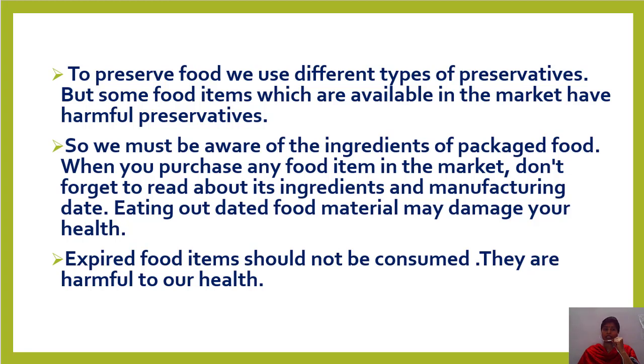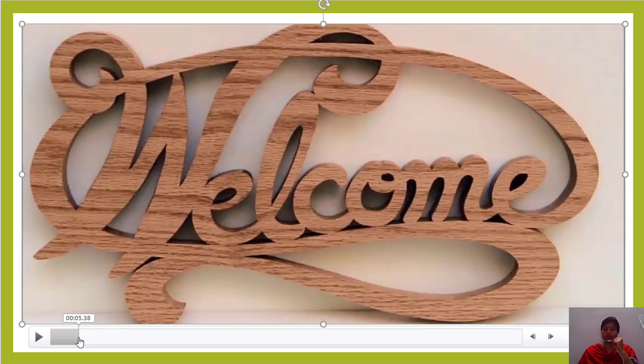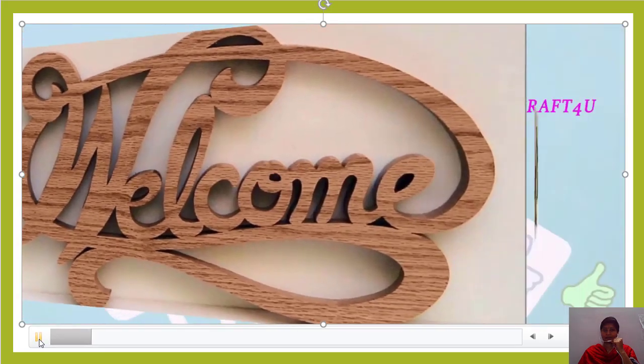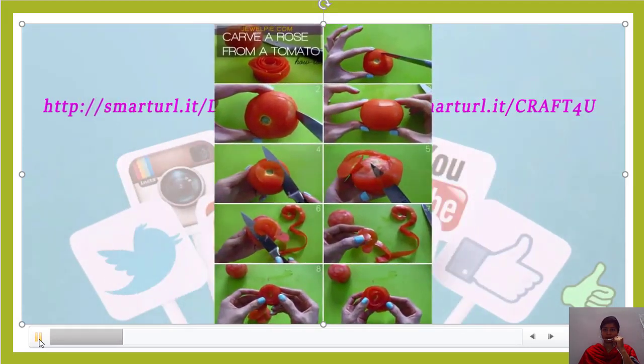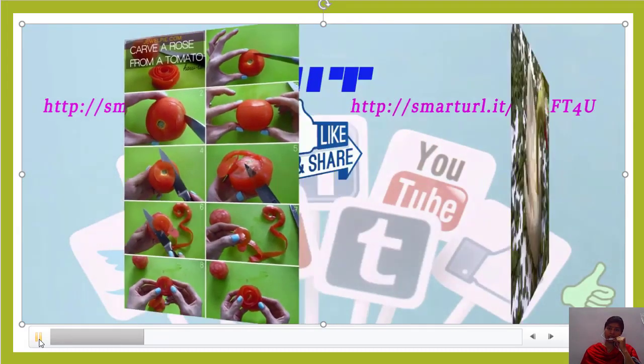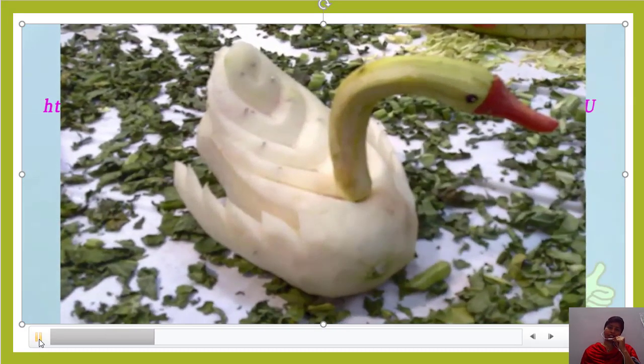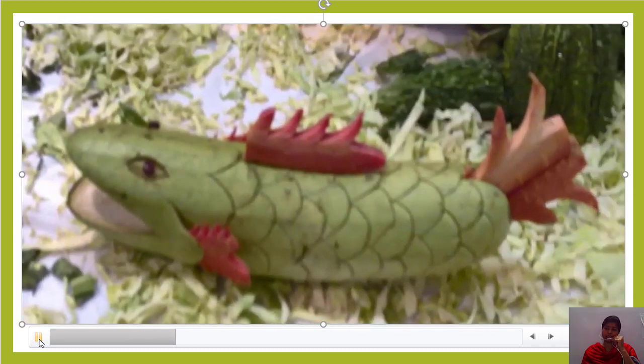Observe the videos carefully and try to make your own models. Observe what are the materials they use to make the penguins. Brinjals. By using tomato, they prepared the flower. See, observe the vegetables and fruits used in this video carefully.